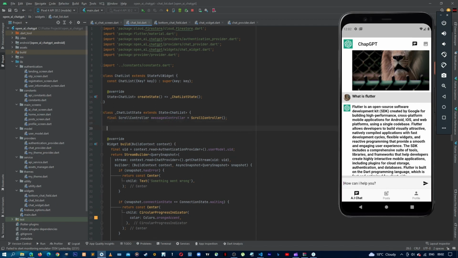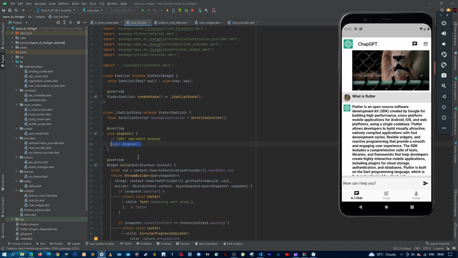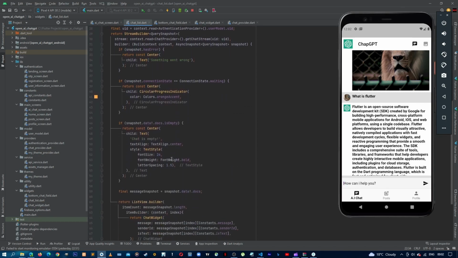So let's dispose our controller. We say messages controller dot dispose, and then down here now,